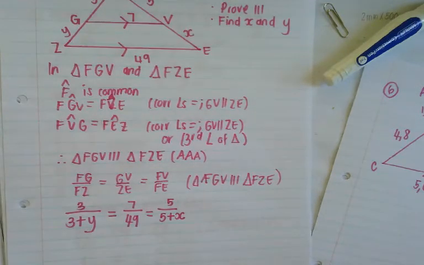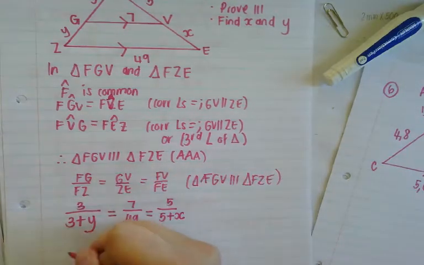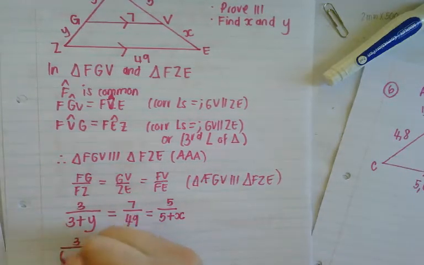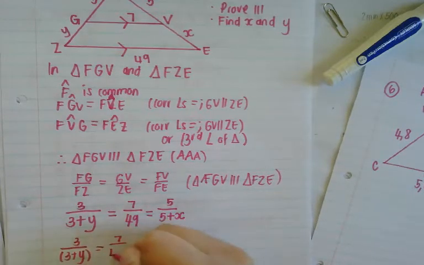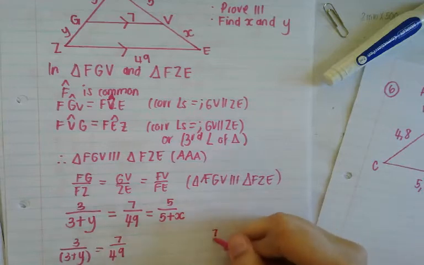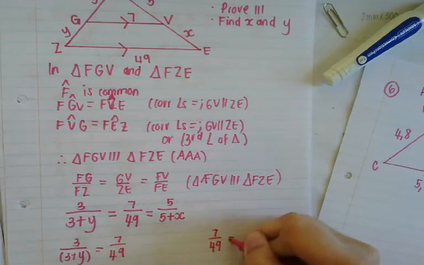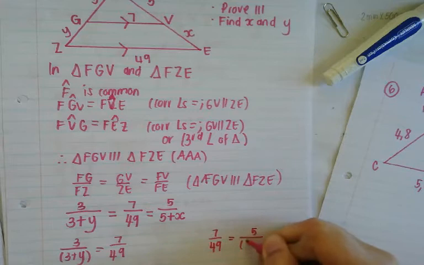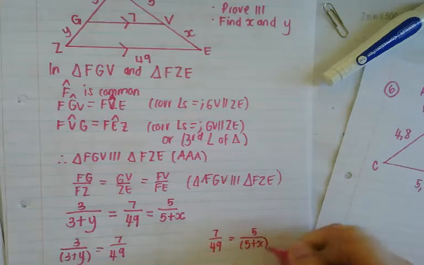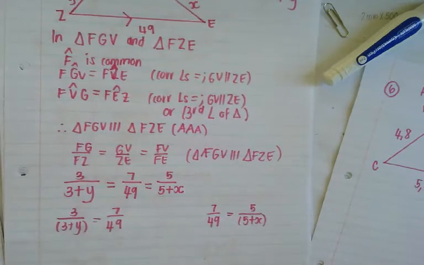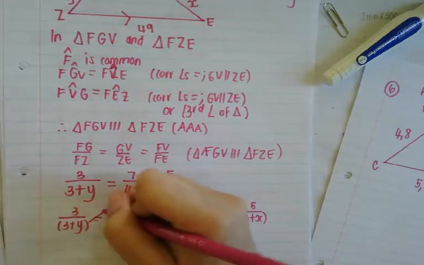Now when I want to solve, I'm going to use 2 fractions. 3 plus Y over 3 equals 7 over 49. It's going to be the one set. The other set is going to be 7 over 49 equal to 5 over 5 plus X. Now I have bracketed on purpose because when I multiply, I need to multiply to both of those things. So cross multiplying,